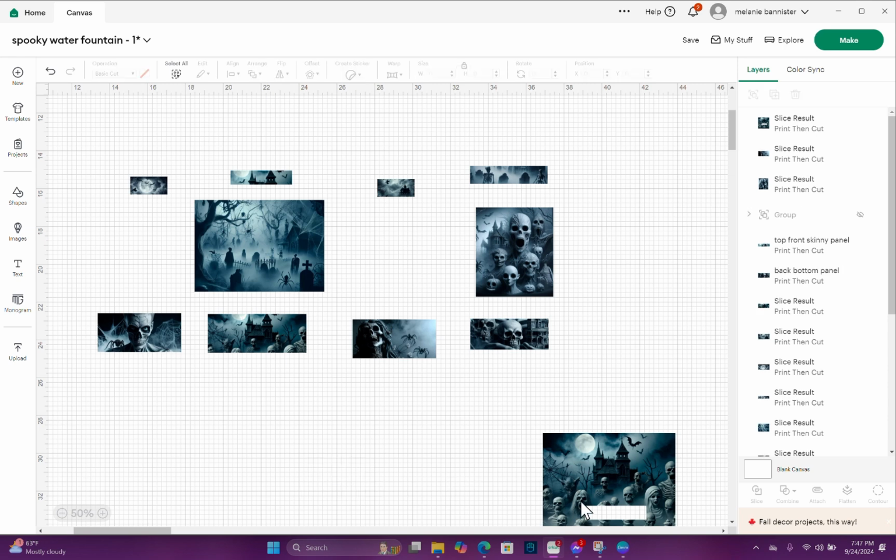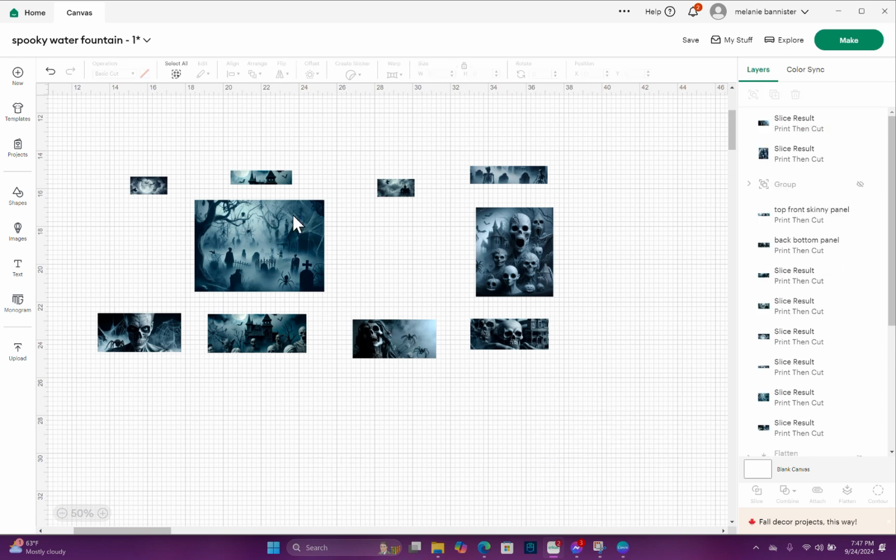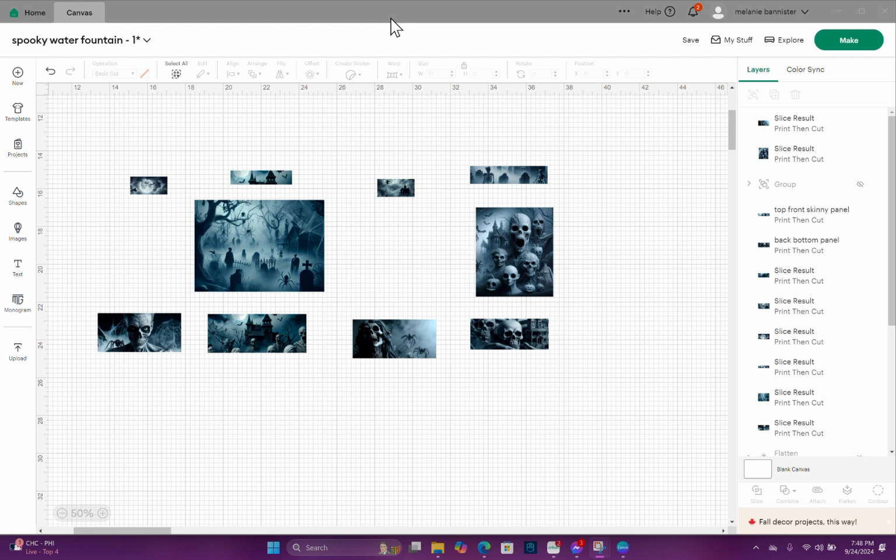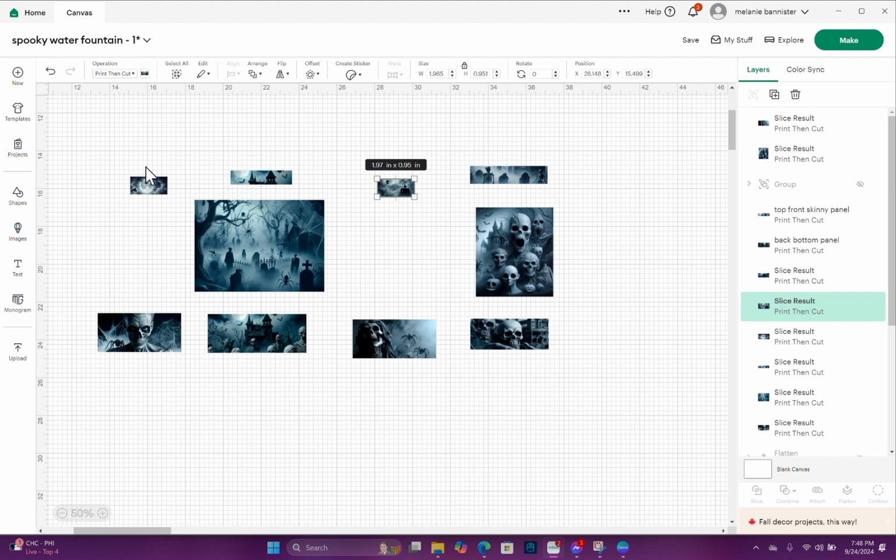So our next thing is to get these pieces the correct size, because unfortunately Canva does not retain the size for Design Space. So let me get those measurements for you, and we're gonna rename everything. All right, so now I have my measurements right next to me. I am going to tell you which measurements are supposed to be which. So these two little rectangles, they should be